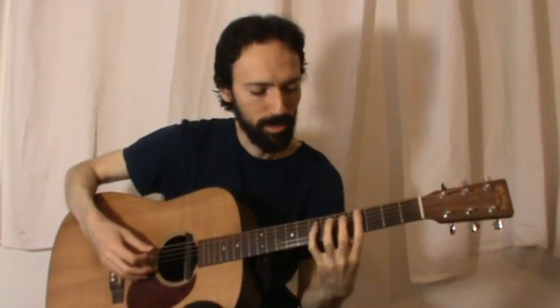Now on this part, on the tab, I write out the exact melody that should sound, but I usually don't worry about hitting the strings exactly. I just kind of hit the general area and it usually sounds fine. Just as long as that first string is muted. So from the very beginning it'd be